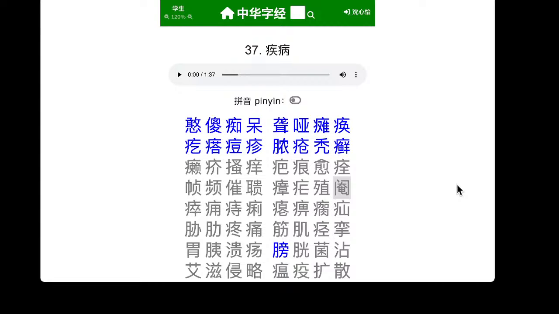Welcome back to day 105 of learning to read Chinese, and we are doing the next 2 lines of our chapter on illnesses. So that's going to be these 2 lines. And our first character of the day,